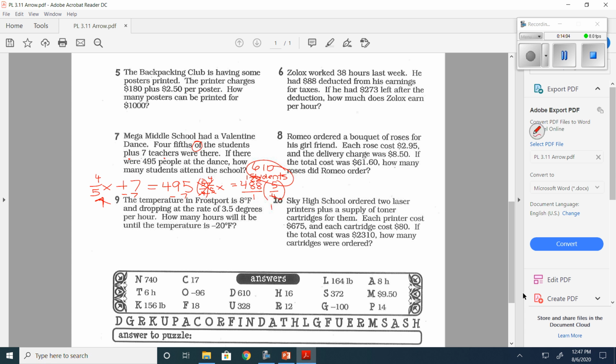So you can see how you're going to write the equations, you're going to show your work, and you're going to circle your final